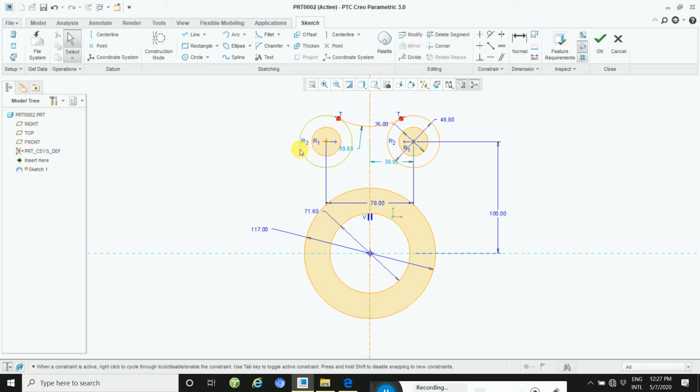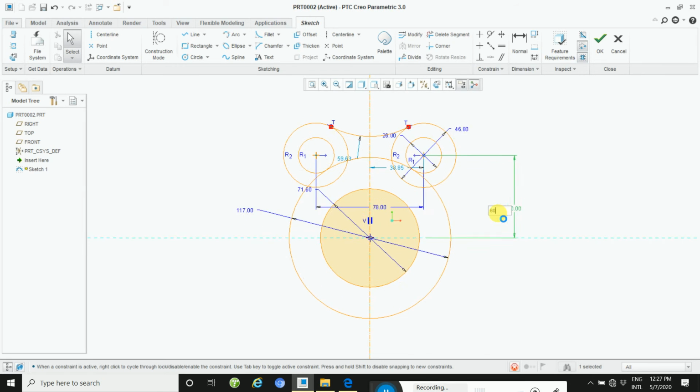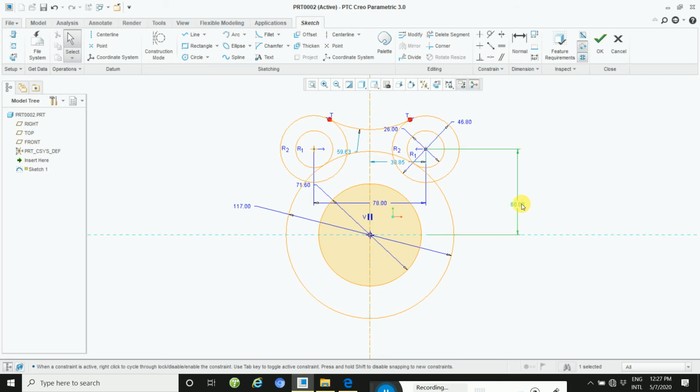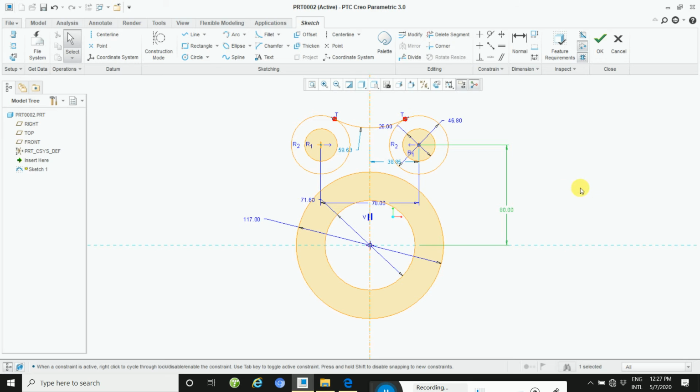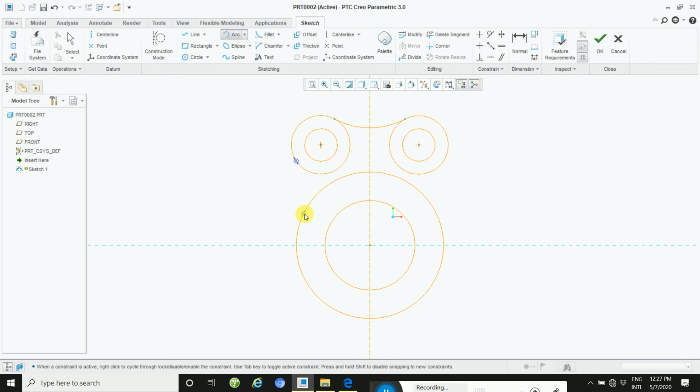One tangent is required here. If you apply 60 here, see this smudge, so take 80, it's fine, and then apply an arc here to here, this arc is downward.